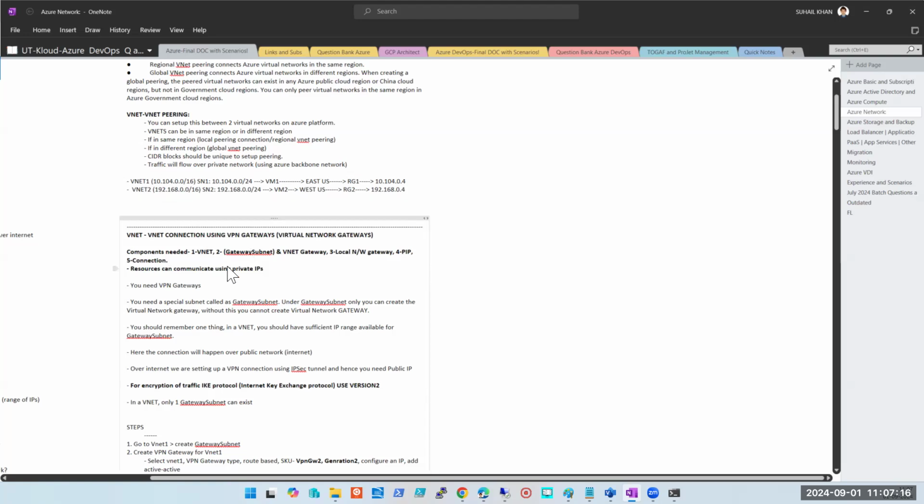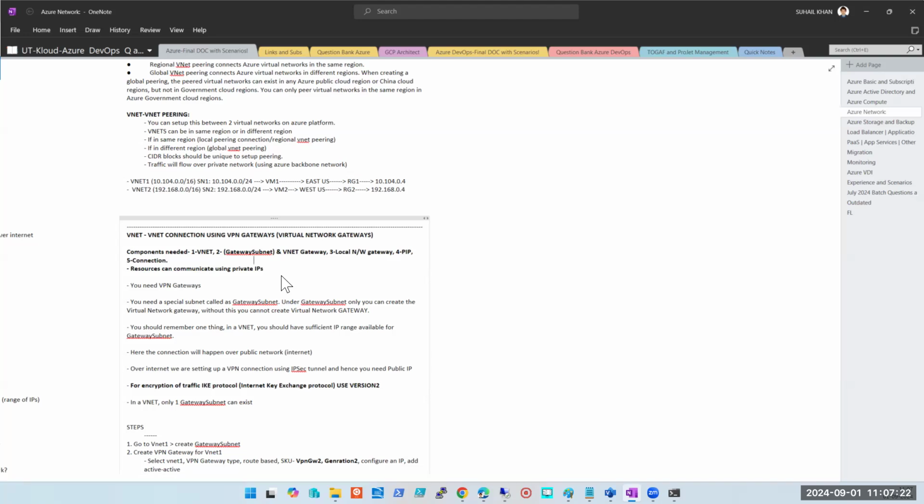Right, and you don't even have to worry about it. Even if an interview question comes to you, have you done it with AWS or have you done it with the GCP or on-prem, you can say yes, I have done it. However, I was working as an Azure administrator or an Azure engineer, so the configuration part at the Azure side I was taking care of, and the configuration part at the AWS side or GCP or on-prem, we had another engineer from client side and he was doing that.